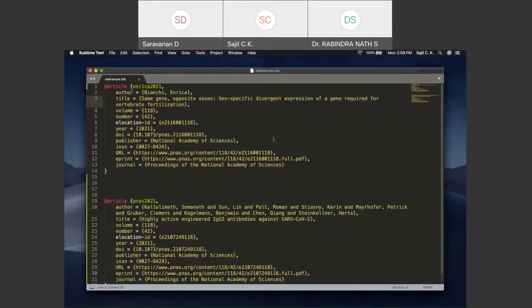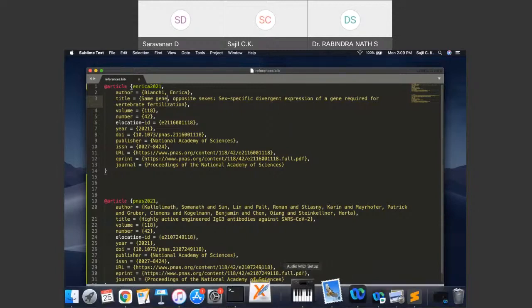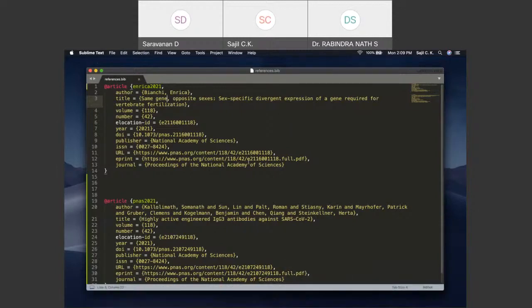And there is another way for getting the BibTeX information, but I won't recommend that because it might give some error. But still, if you don't find any other information or want to get an initial draft of the BibTeX information, you can use that by using Google Scholar. But whatever you use, you need to make sure that there are no errors in the BibTeX information you downloaded from the journal itself, because in some cases, even the journal's BibTeX information itself can have some error.